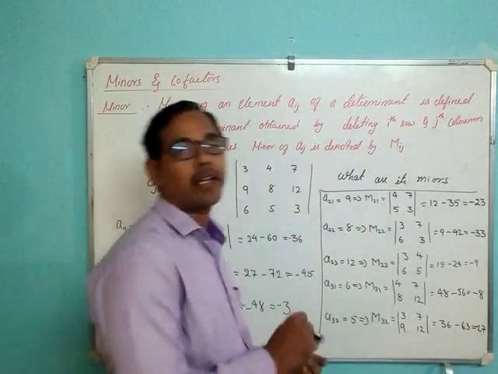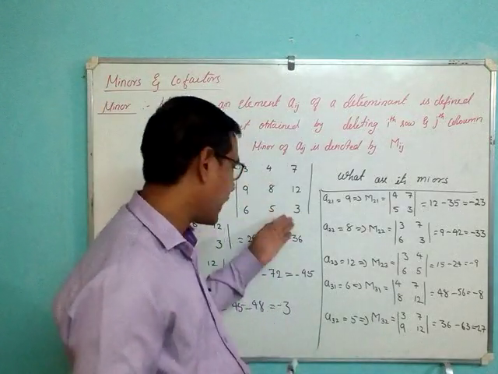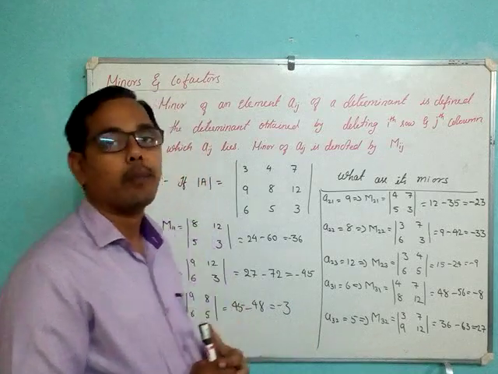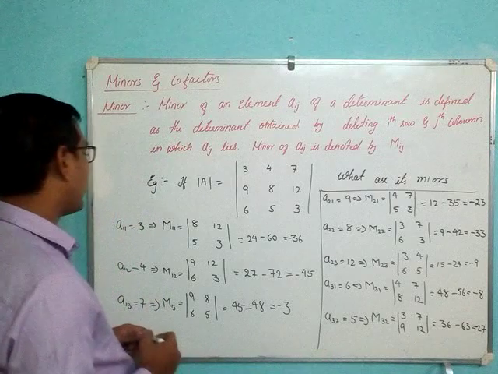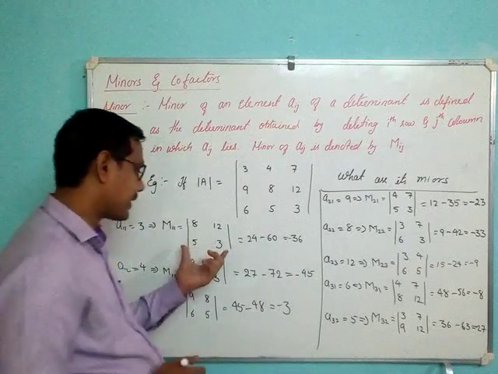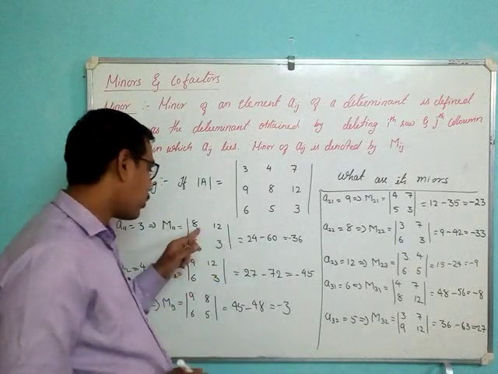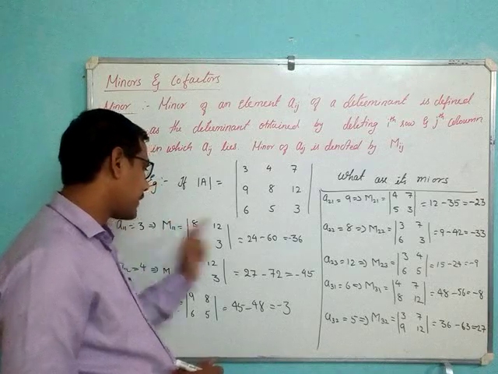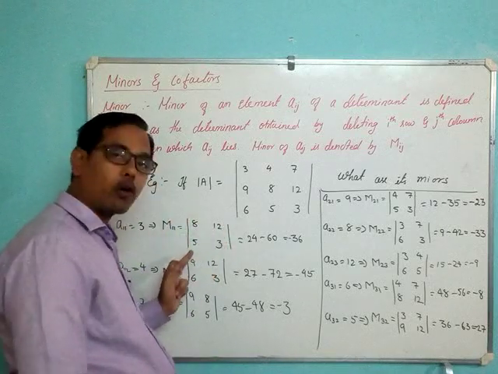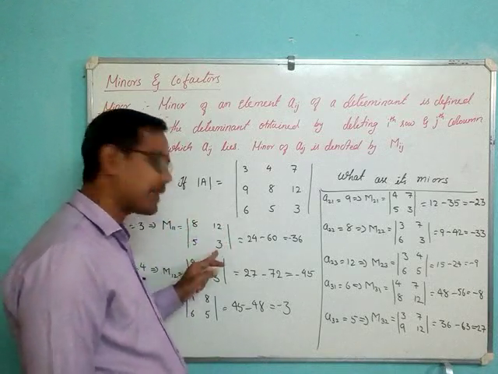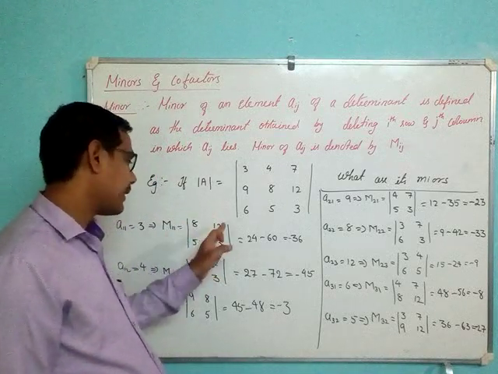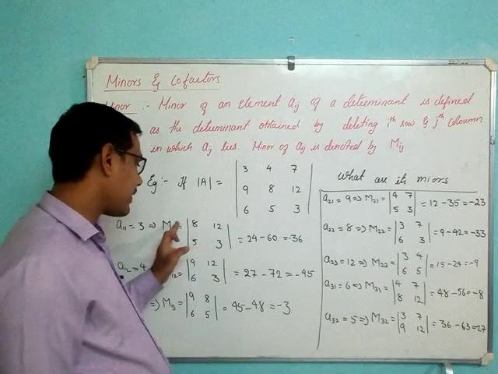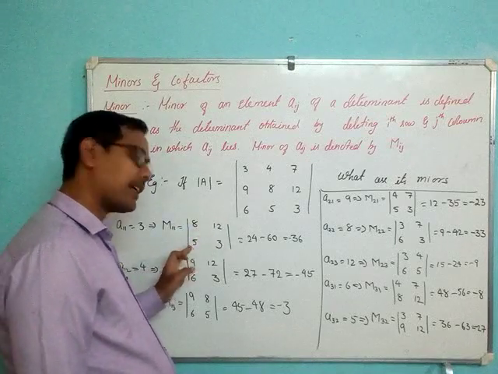Similarly, we can calculate the minor of the third one also, the A33 also. So I hope the minors are clear here. And if the matrix is a 2 cross 2 matrix, suppose this is the matrix, this is the determinant, right? What will be the minor of 8? Neglect the row and column in which 8 is there. What will be there? 3. So it will be its minor. Minor of 12 is neglect the row and column in which 12 is there. So if I neglect, I will get 5.